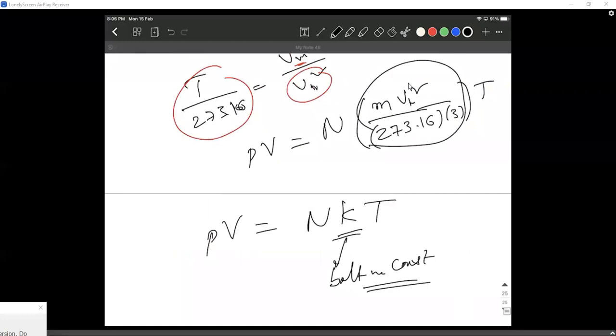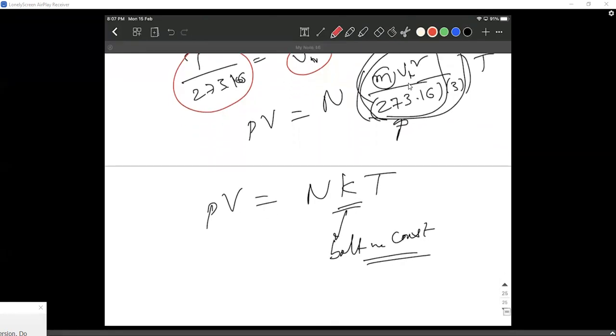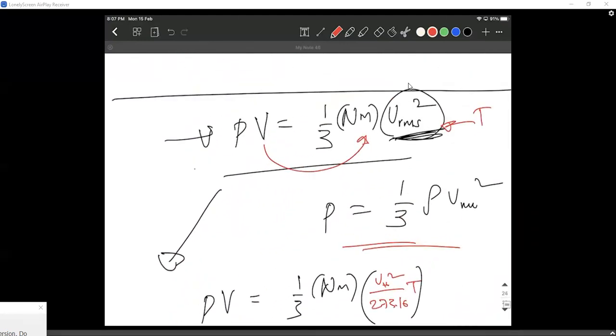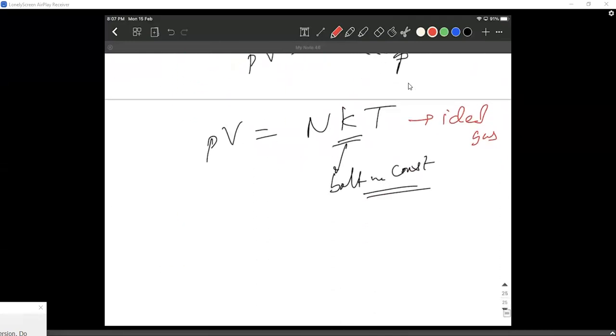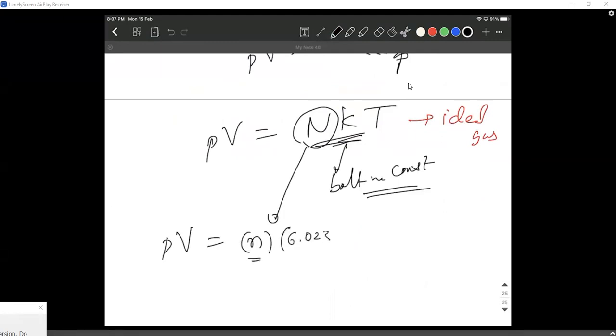It has a value obviously, because we have all the values here. And this, guys, can be called an ideal gas equation. Again, strictly speaking, this is also an ideal gas equation. We didn't really change it, we simply changed the terms. Some people don't even write it like this. They convert it into PV equals, with N as the total number of molecules, total number of moles into 6.023 into 10 to the power of 23 into KT: total number of moles into number of molecules in one mole.